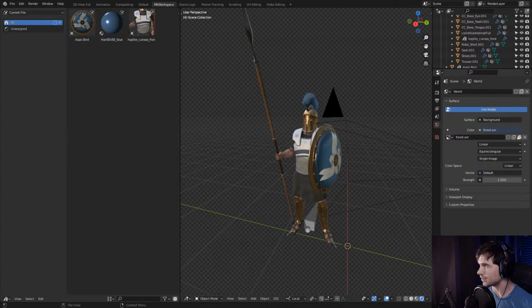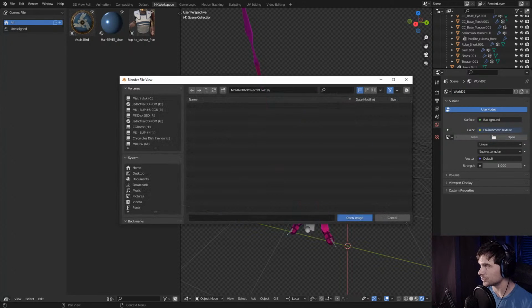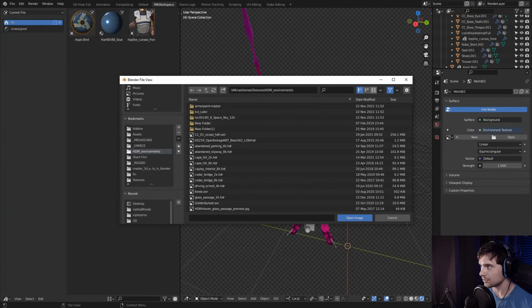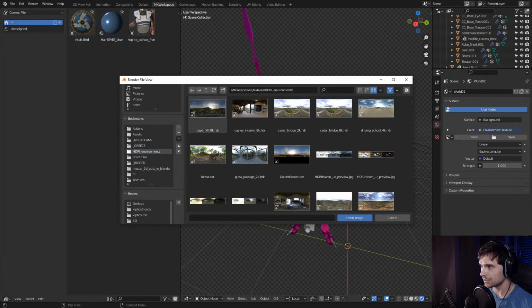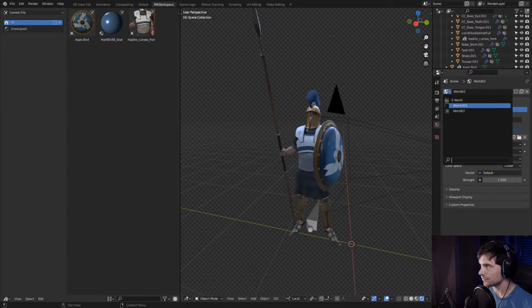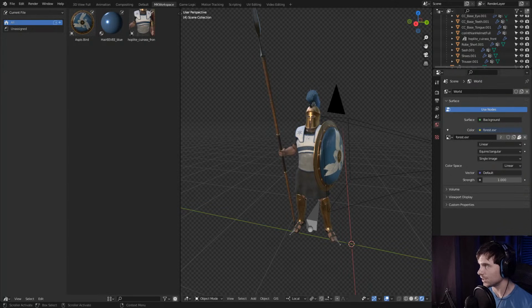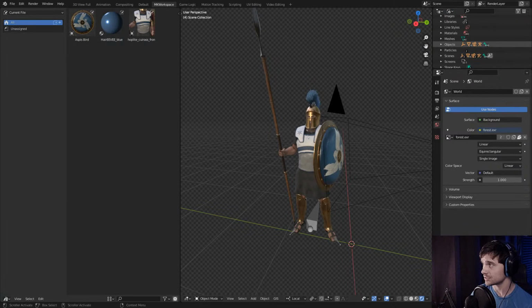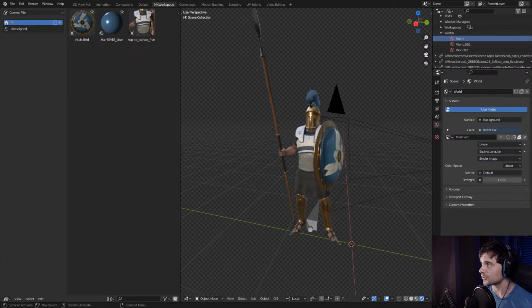Let me actually set up a second world here with some different HDRI. So world 2, and change this HDRI to something else. So yeah, let's choose something in here, something rather small. So that's a different atmosphere from the first one. And the way you drag this into the asset browser is actually through Blender file here. And that's probably the easiest way to add your assets from the current blend file